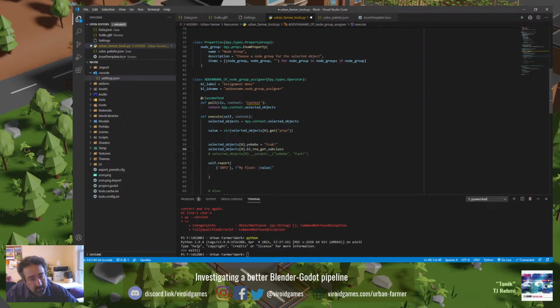It gets the subclass. Now, I believe if we type prop here, it might get something. Prop exists in the